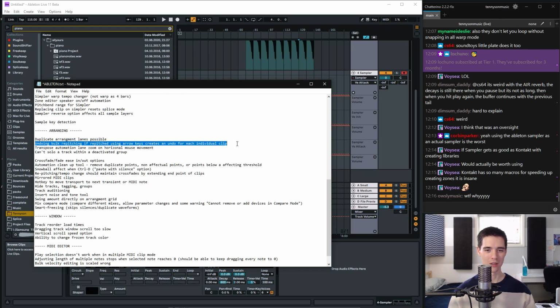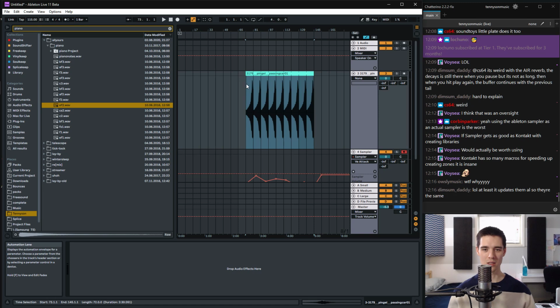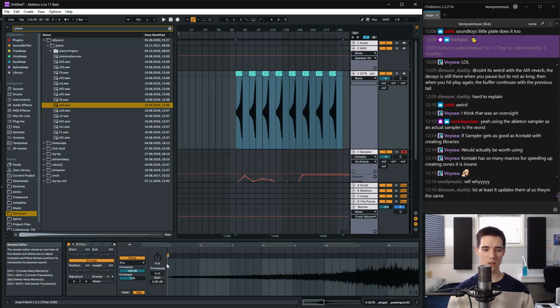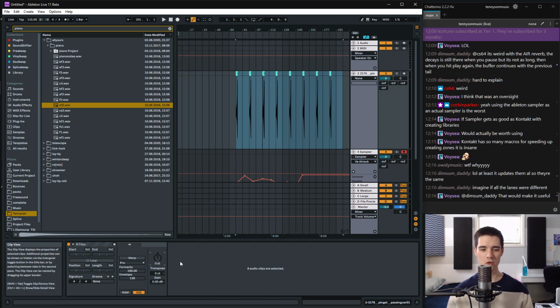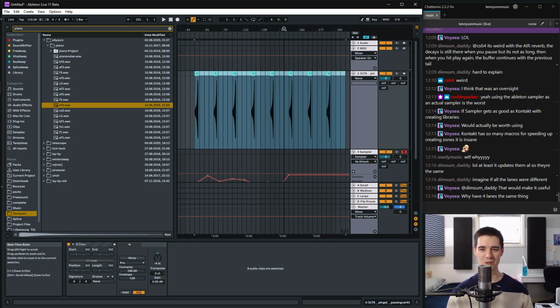Undoing bulk repitching. If repitched using arrow keys, it creates an undo for each individual clip. Right, so if you take this, let's split this into individual clips. If you repitch these all at once by clicking and dragging like this, when you undo, it undoes the entire operation, so it counts as one operation. But if you want to repitch, say, 4 semitones and you go 1, 2, 3, 4, you've now created, what? 32 undo